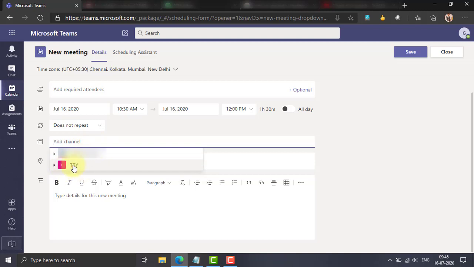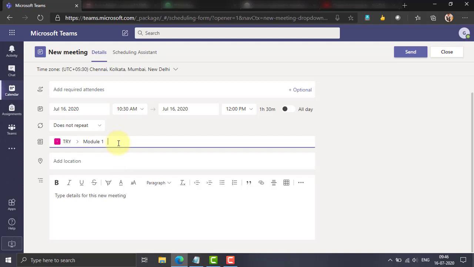So just click on the available, means for which team you are creating this particular meeting. So click on this. So I'll select try. Then in try, there are three channels you can see: general, module 1, module 2. So I'll select module 1. So this meeting is corresponding to the team try, or you can say the course try, and for the channel module 1.